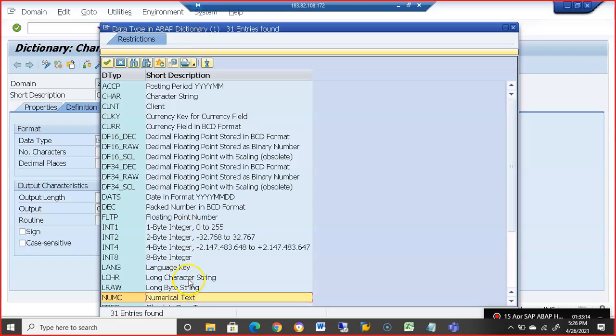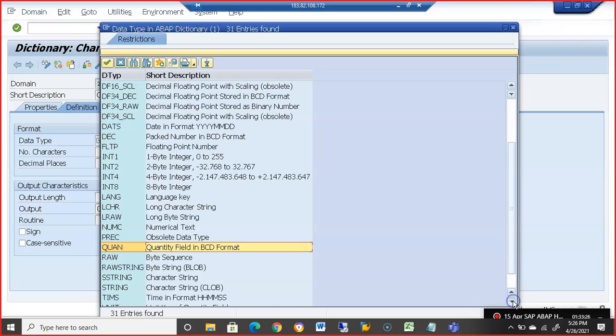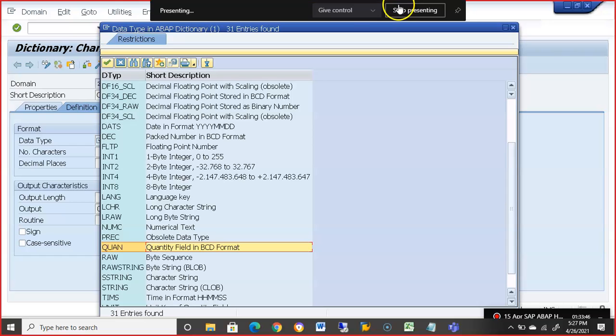Okay, so when we select a field of type quantity, then we need to create another field of type unit. Okay, so we'll just select this.